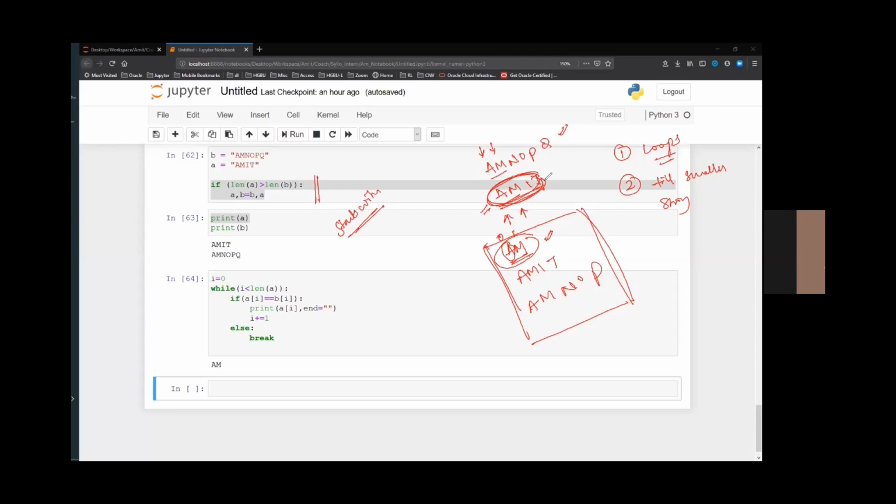So let's say this is string A, this is string B. I will say A dot startswith B. If this is not true, I will remove the last element from B, and then I will do the comparison, and so on. So maybe if you are not able to understand this problem thoroughly, this is one approach. So one is you start from the beginning and you compare element by element.